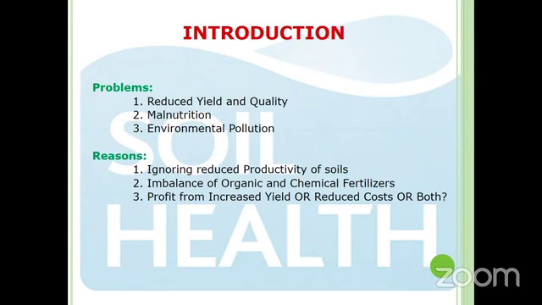And thirdly, we can see the issue of environmental pollution, be it soil pollution, water pollution, or environmental pollution. So we can see these problems, and the reasons behind these problems are, first, we have ignored the reduced productivity of the soil. Day by day the productivity was decreasing, so instead of finding the means and ways to improve or maintain the productivity, we started increasing the quantity of chemical fertilizers,